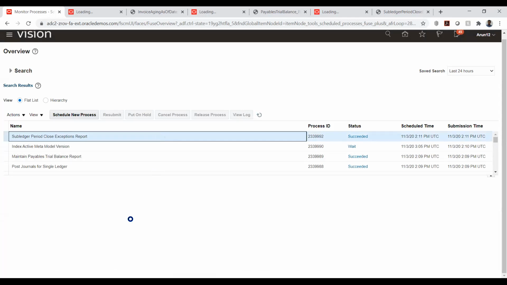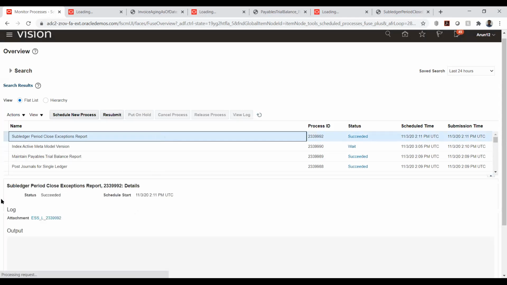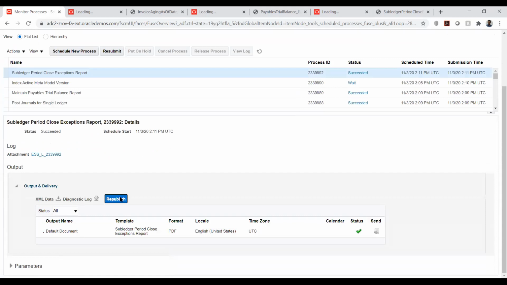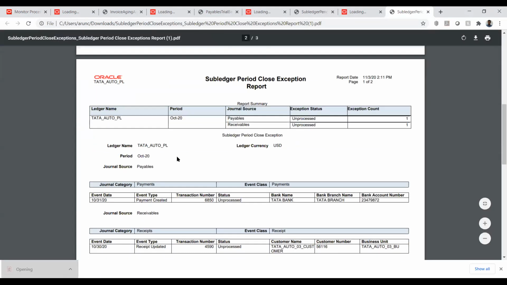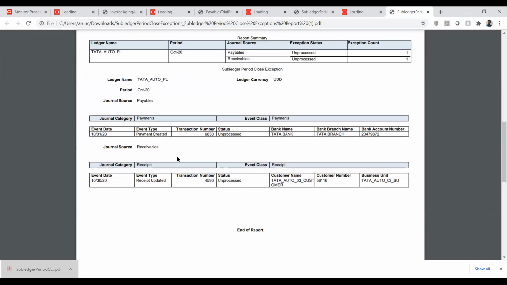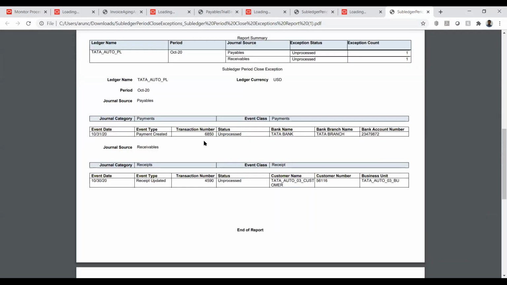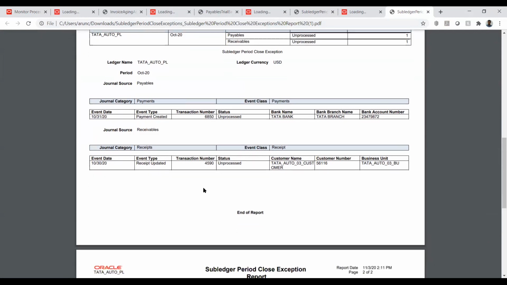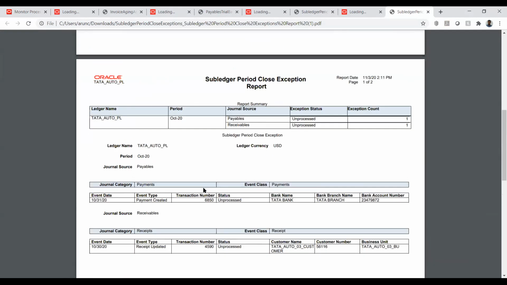Since you didn't select the source, that's why we're getting both payables and receivables. Yes, correct. Now we have that one. Yeah, that is correct. So all exceptions will be shown in this report.